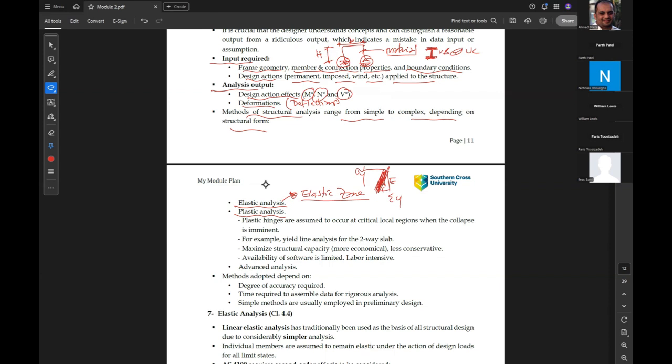In the plastic analysis, the part after the elastic zone is called the plastic zone. So in the plastic zone, we might have plastic hinges assumed to